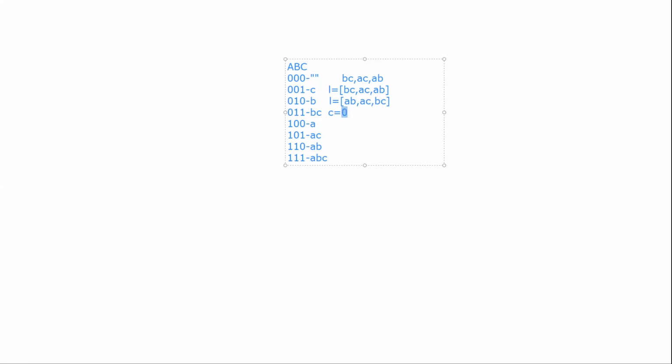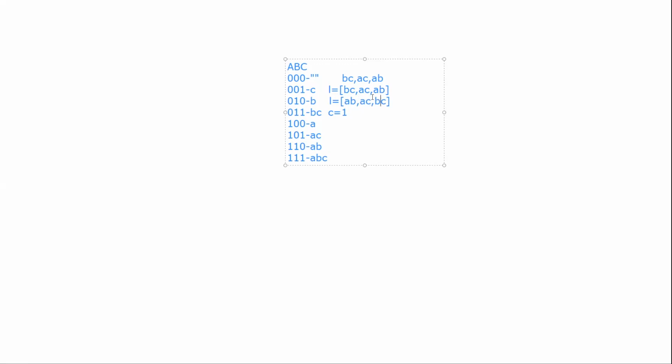How will the C pointer work? If we invoke the next function, we will print the value that is present at index C, and after printing the value, we will increment C by 1. So if we call the next function the first time, we will return AB, because C is pointing to index 0. It will return the value at index 0, and after returning it, it will increment, and the value of C now becomes 1. So now it is pointing to index 1, that is AC.